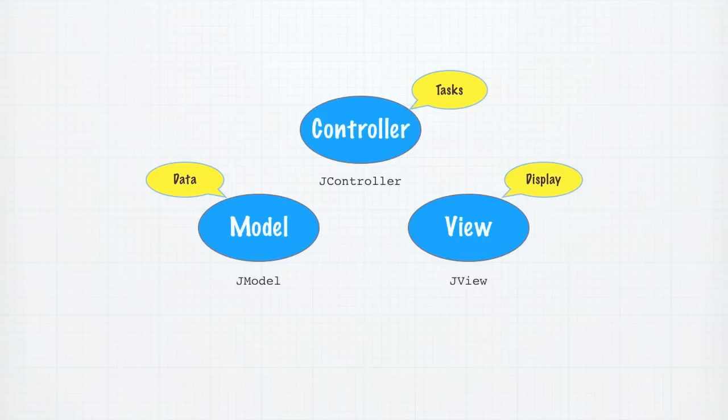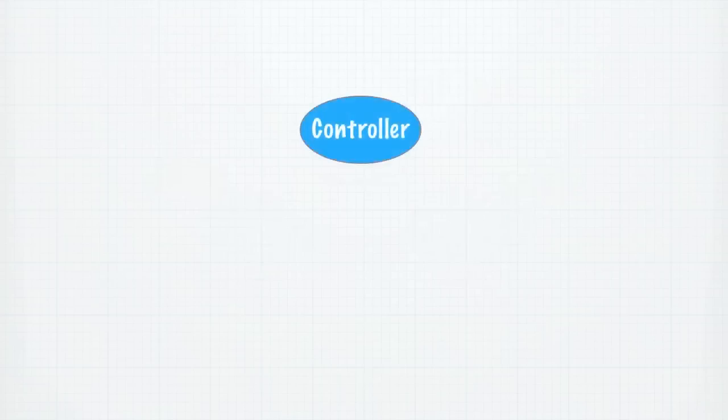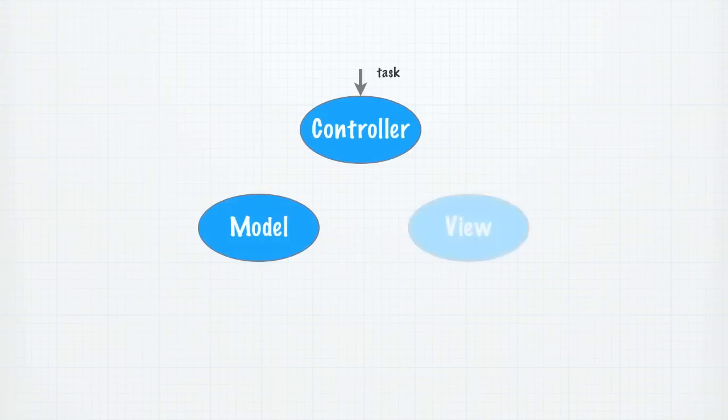So how do all these pieces work together? Let's look at a typical example for how a component displays some output. Each component has a master controller, and the component will ask the controller to execute a task. The controller will then create a model to get the data and a view to display the output, and the controller will connect the model to the view. The controller then asks the view to display the data.